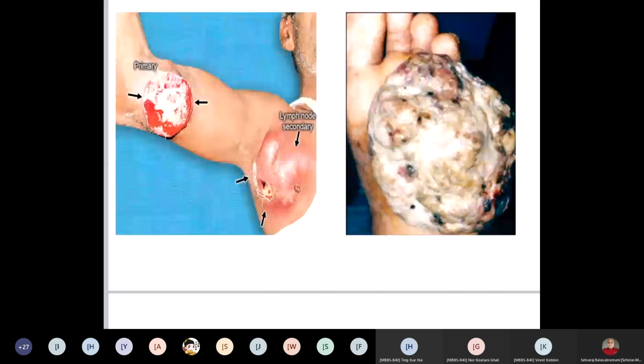Radical. In the upper limb, I told you radical axillary lymphadenectomy. So in the lower limb, if it is inguinal, you can just guess and tell me, no? Radical inguinal lymphadenectomy. That also you have to do. Of course, you have to give chemotherapy also for this.